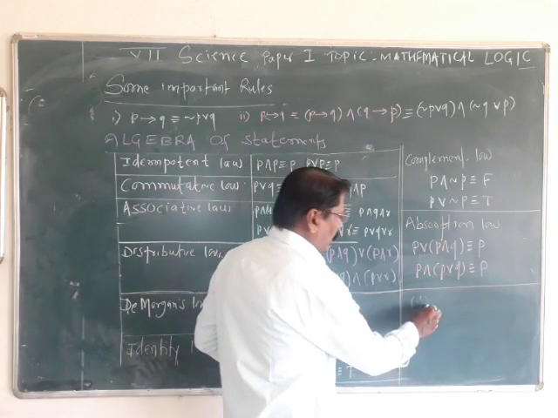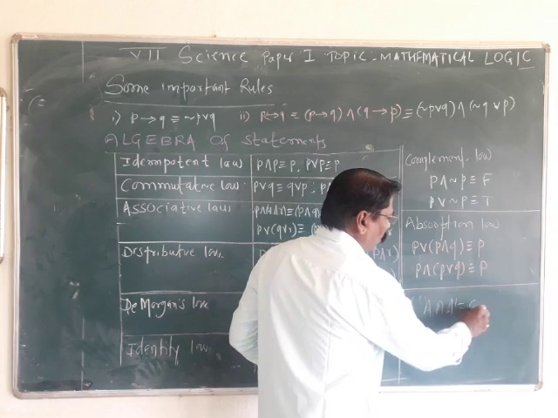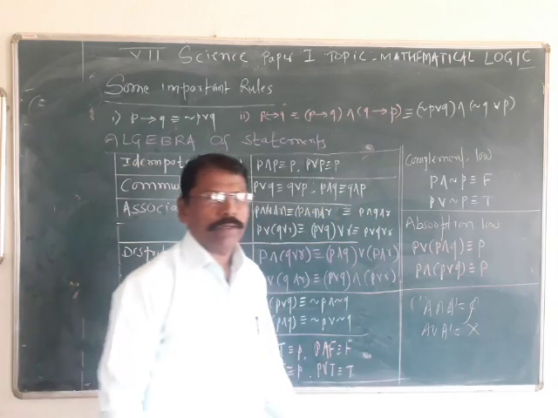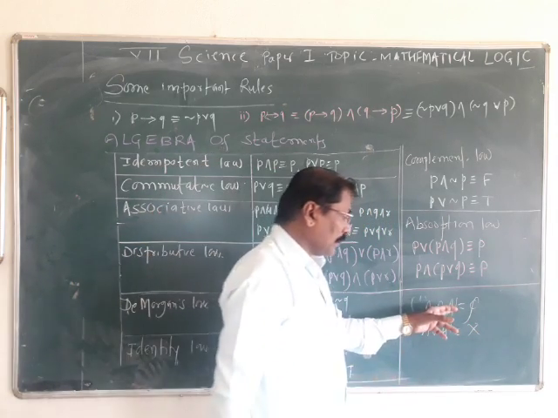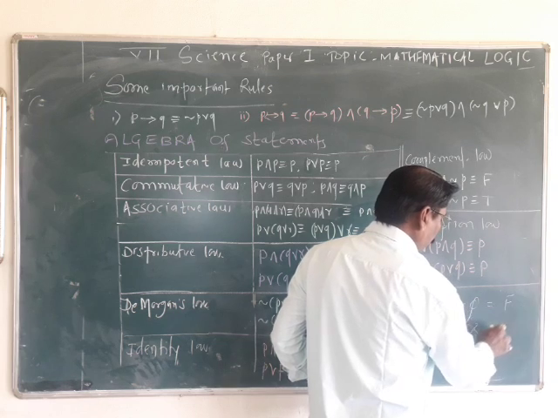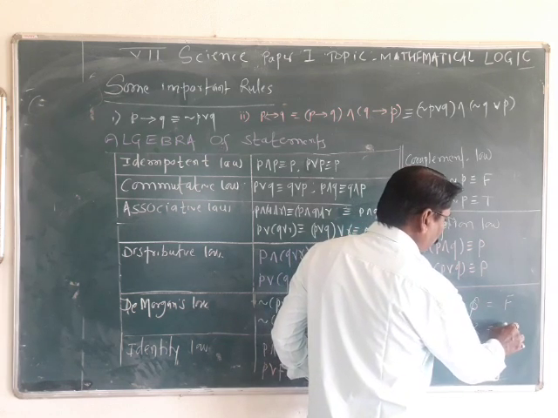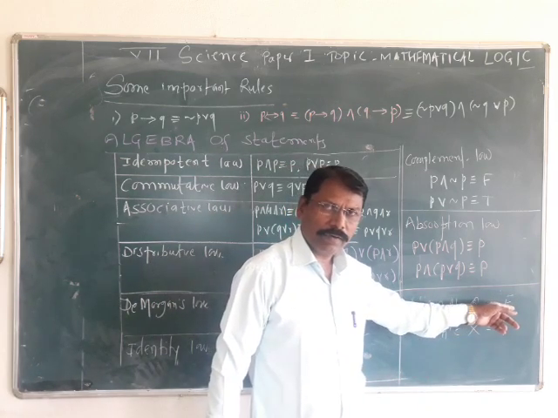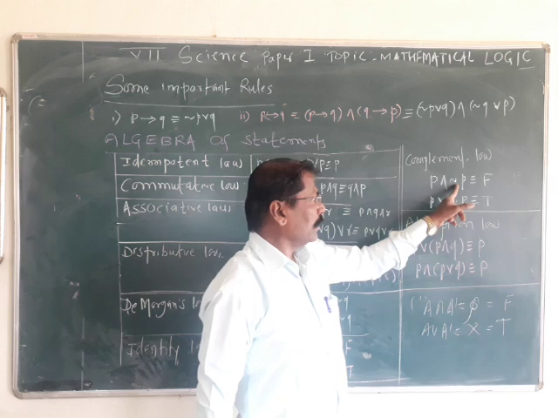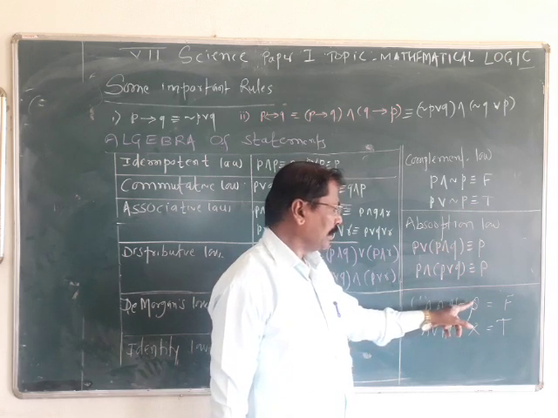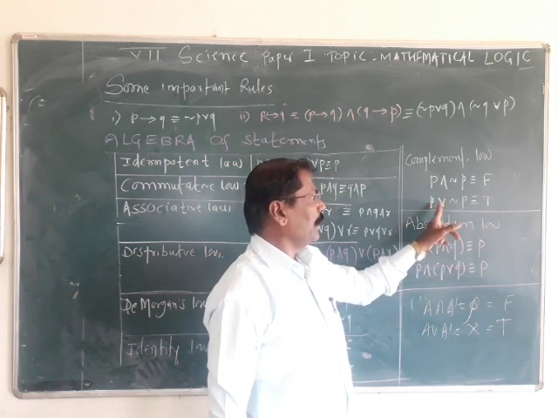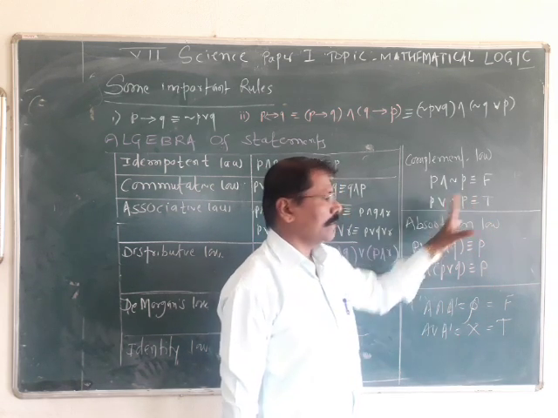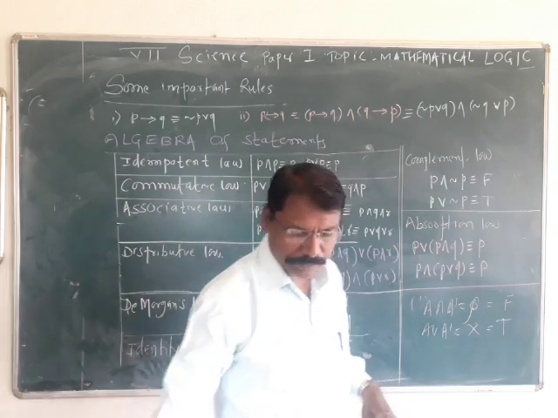In the set theory, you know that A intersection A dash is empty and A union A dash will be the whole sample space or universal set. So in symbolic logic, the empty set phi is nothing but F, and the universal set is nothing but T. Empty set, here we call it false. Similarly, P and not P, A and not A is the empty set, and P or not P, that is A union A dash, is the universal set, it is T. That is the complement law.